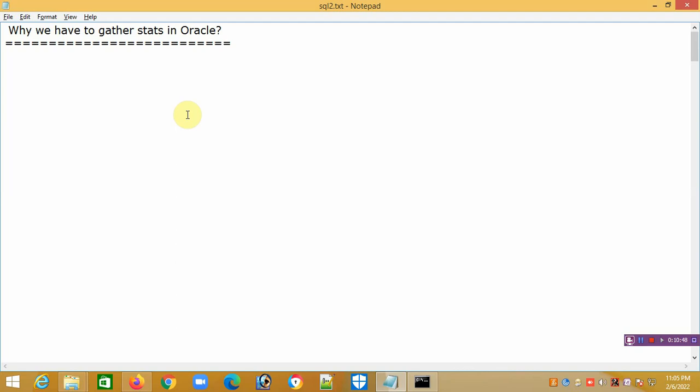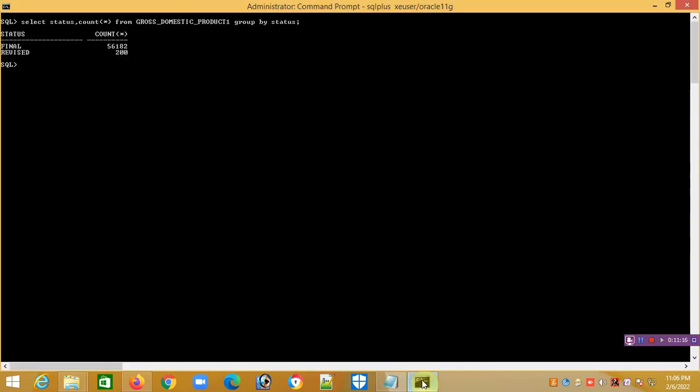So if it chooses one explain plan which has the minimum cost, it will execute in that way, and it will show the different steps of that execution plan. Now I'll go to my command prompt, and I have a table here. This table name is gross domestic product 1. If we just describe this table,